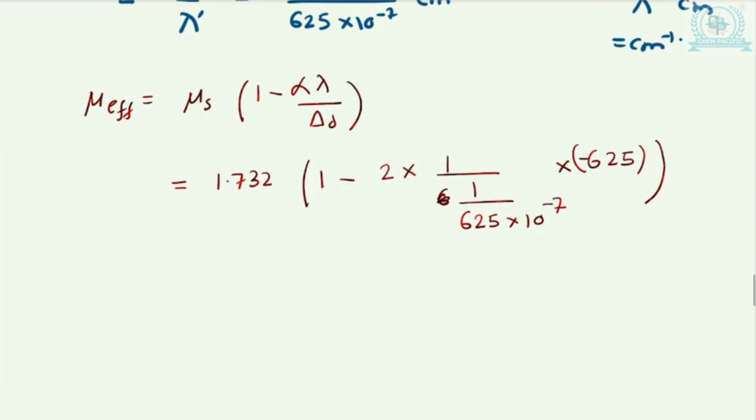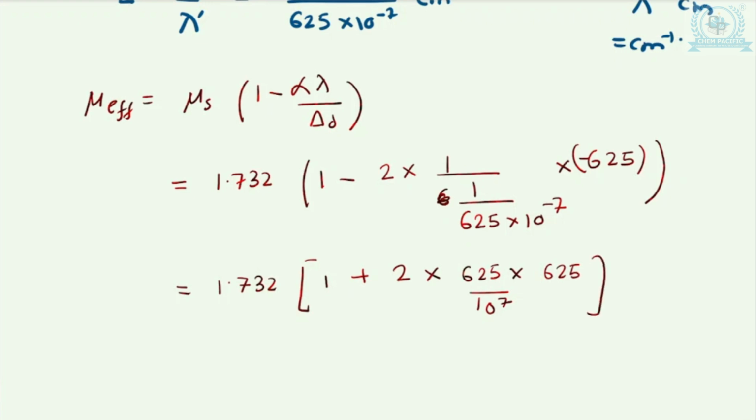Then you have to solve this. Now just put all the values. Let me write it in a very clear form. So the denominator here, minus minus becomes plus. This is the value of alpha, this is the value of this, it will come up as 625 divided by 10 to the power 7. Okay, this is 10 to the power 7 into 625. So just solve it. I have already solved it. The answer is